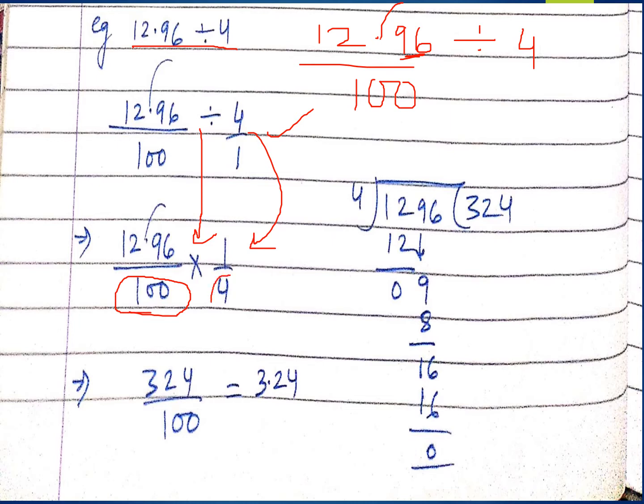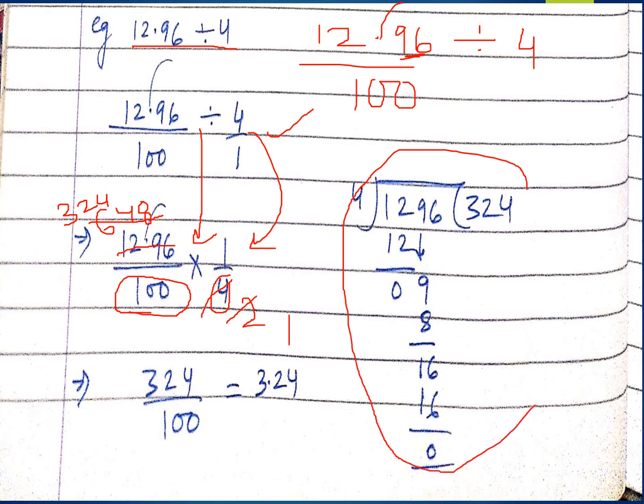So we'll try to remove this 4 from here. What will we do? We will check, can we divide these two? If you don't know the table of 4 directly, you can do it with 2 also. 2 2s are 4, 2 6s are 12, 2 4s are 8, 1 remainder, 2 8s are 16. Then again with 2: 2 1s are 2, 2 3s are 6, 2 2s are 4. So you can see like this you can solve. If you want to cut directly with 4, you can divide like this and check that again the answer is coming as 324 only. Okay, it depends on you how you want to solve.